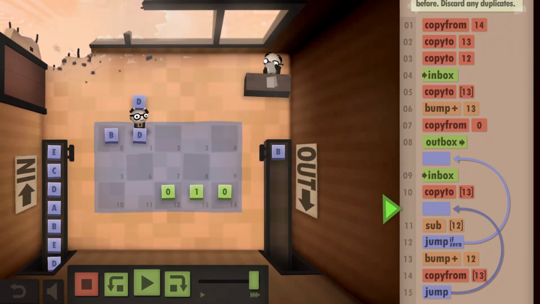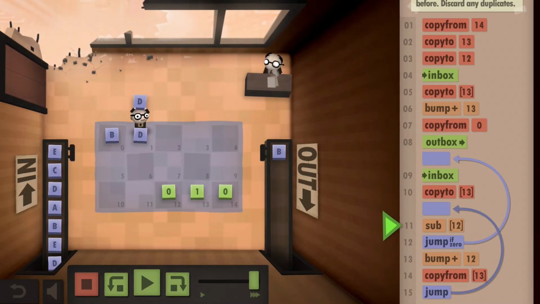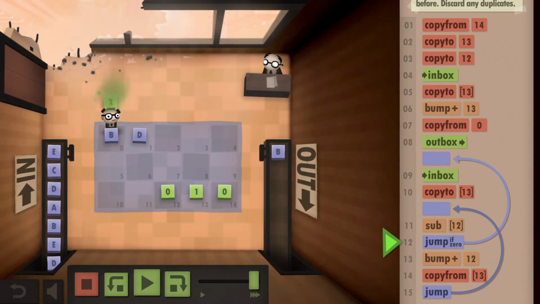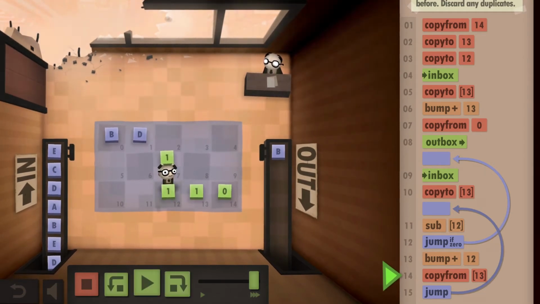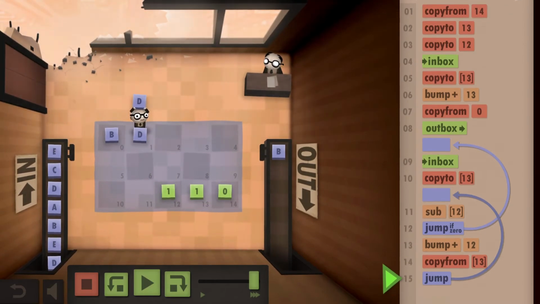Alright, D's out, D's down, so we're subtracting what's stored in the 0 index here. We'll subtract B, get a 2. It's not 0, which means it's not a duplicate. Go ahead and bump up 12, get a 1, so we will copy from location 1 again, subtract what's in location 1 here, get a 0,